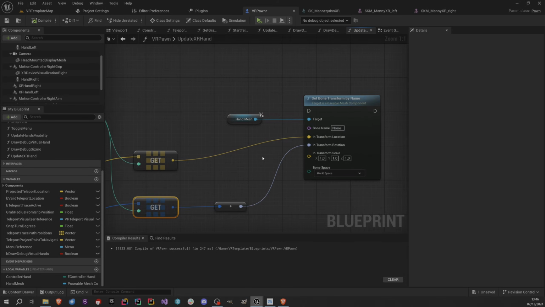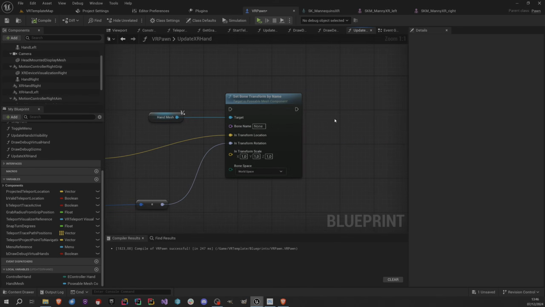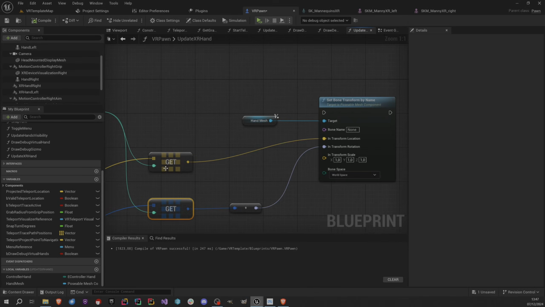But anyway, so I have to somehow retrieve the bone names, because I don't want to basically duplicate this for 52 times for both of those hands. And then I want to find a way that programmatically I extract the names and then do the set bone transform from the OpenXR locations and rotations that we have. So what can I do? What I can do is basically I can